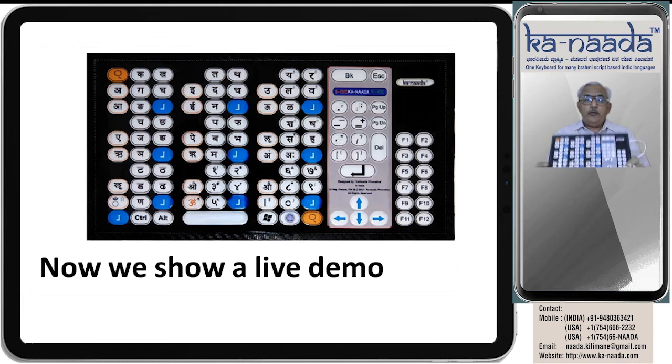Now this is the Kannada keyboard layout. If you see how we map the Kannada keyboard characters to the English keyboard, let us take these four letters. If A is mapped to A, it is one character.